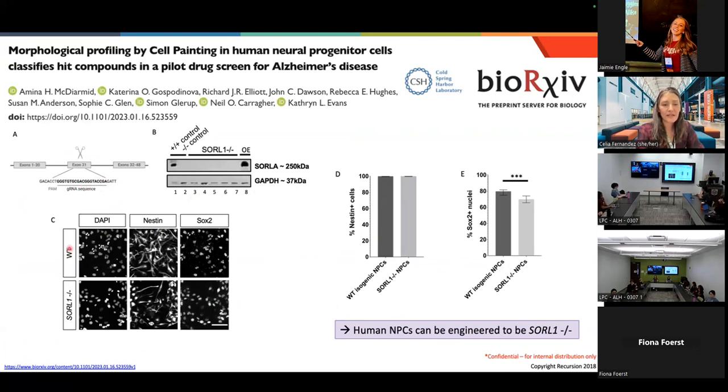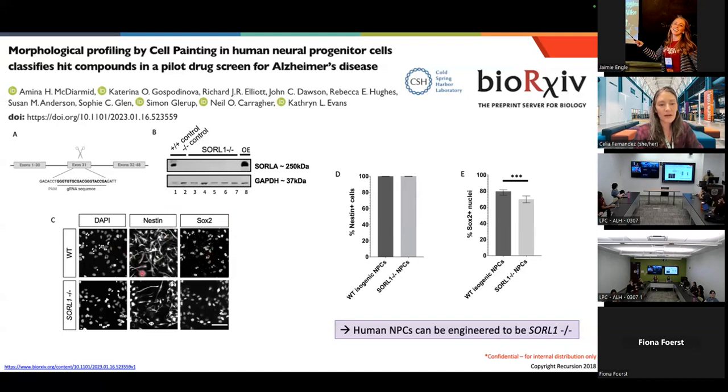And so they then checked the knockout neurons and compared them with the wild type neurons. To do this comparison, they stained them for DAPI, a nuclear stain, but then also for these two markers that should be on these neural progenitor cells. And I should mention, I always thought it was very interesting that they used neuroprogenitor cells and not differentiated neurons. Probably the NPCs were easier to work with. And I wonder if they struggled with the differentiated neurons because they're just harder to work with. So that's, I think, for me, one caveat of their study. But they looked at the NPCs' expression of nestin and SOX2.